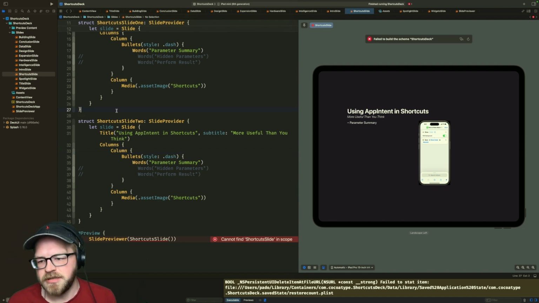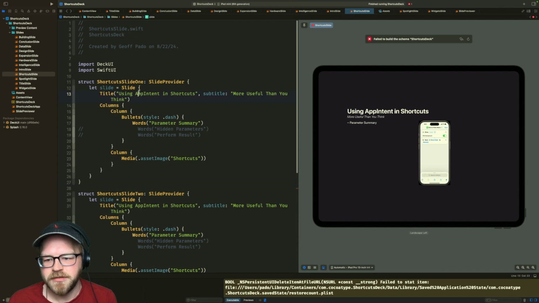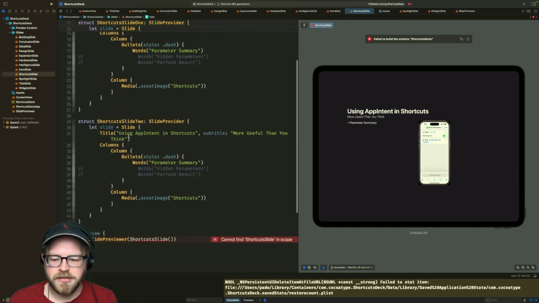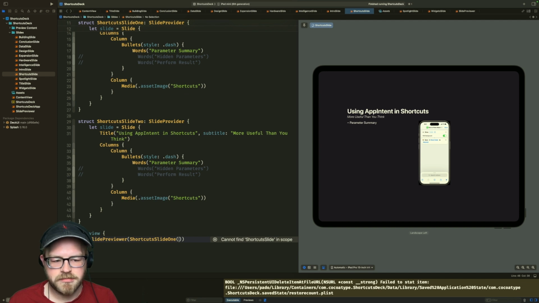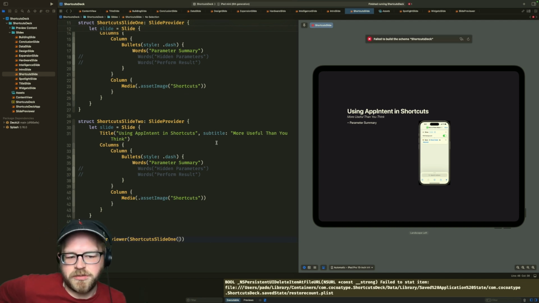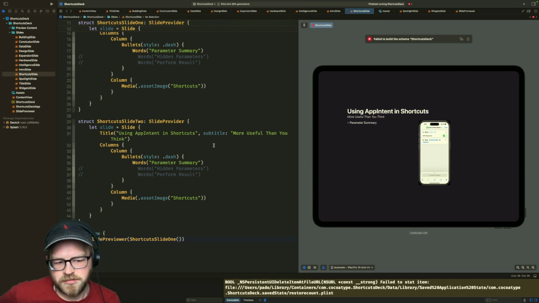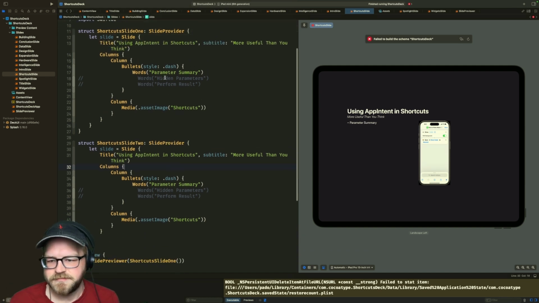And I'm using a tool called DeckUI to build out a deck. You can use Swift code to build out what you want your presentation to look like. But yeah, that's what I'm trying to do now.